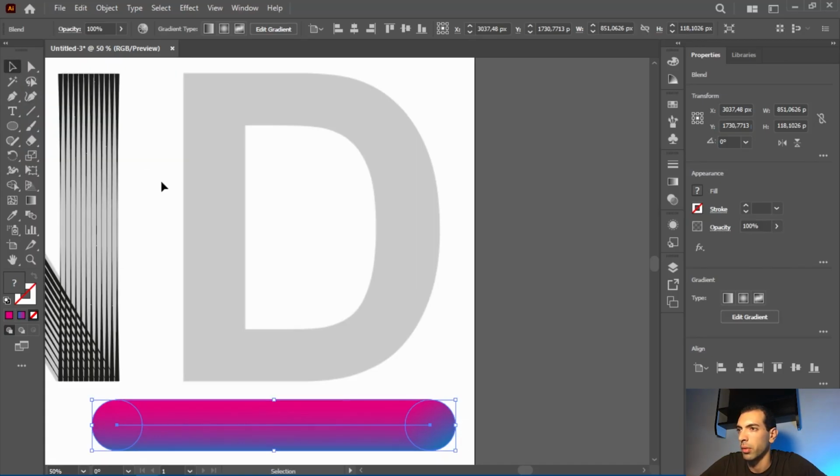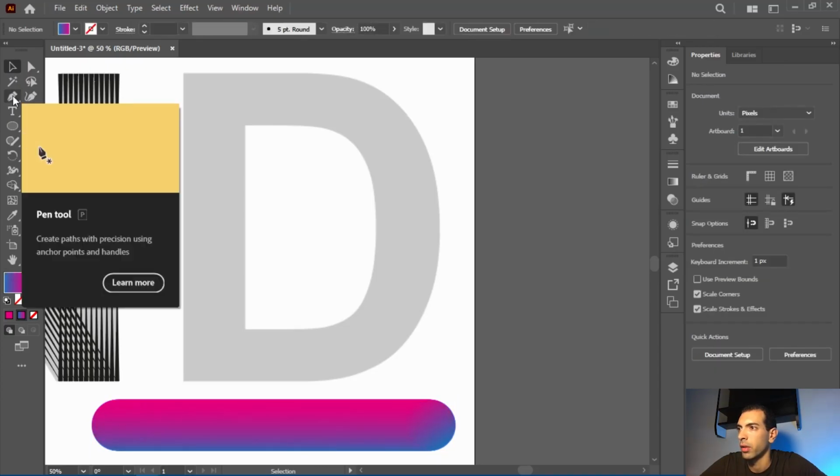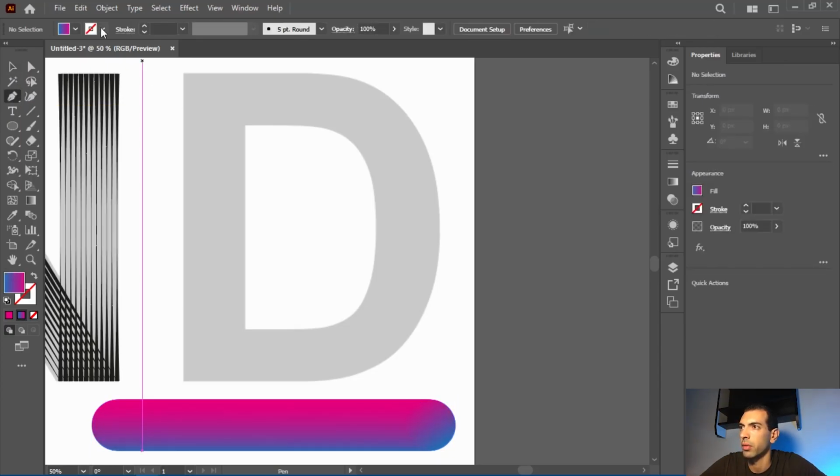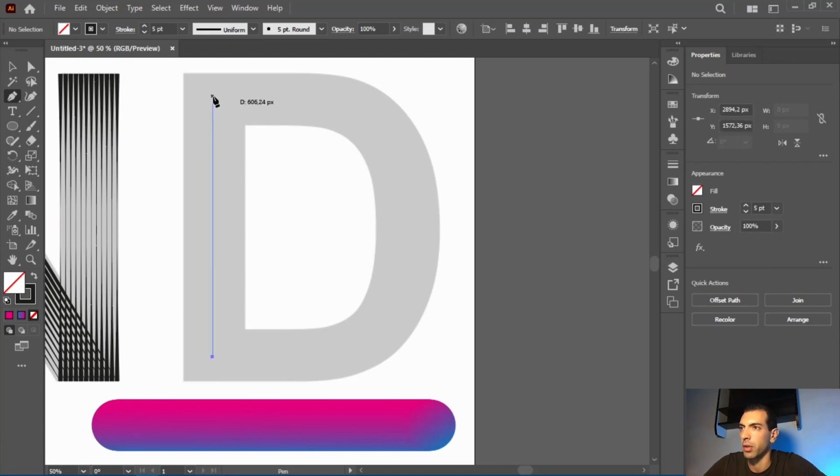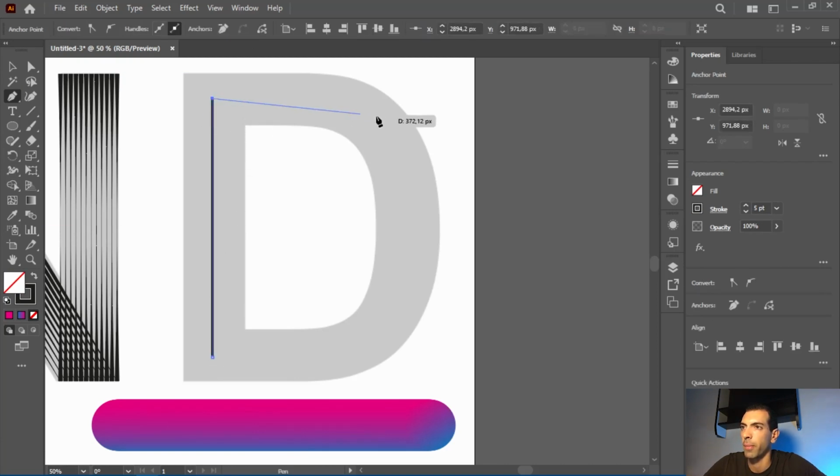Now here's what I'm gonna do. I'm gonna select the pen tool, gonna set the fill to none and stroke weight to 5 points so we can see it. I'm gonna start from here, click, make a straight line up to here. I put the cursor right here, click and drag, create a curve like this. Click and drag, create a curve like this, and now